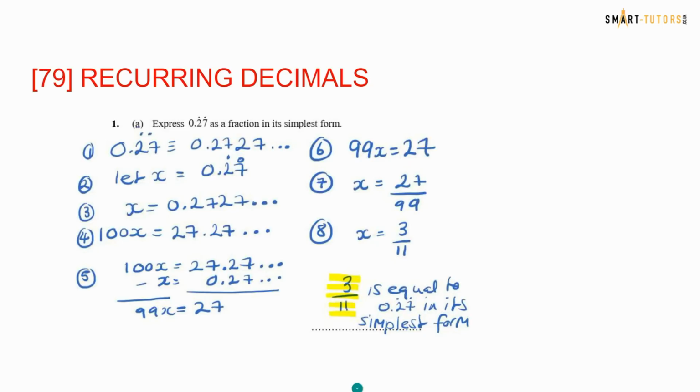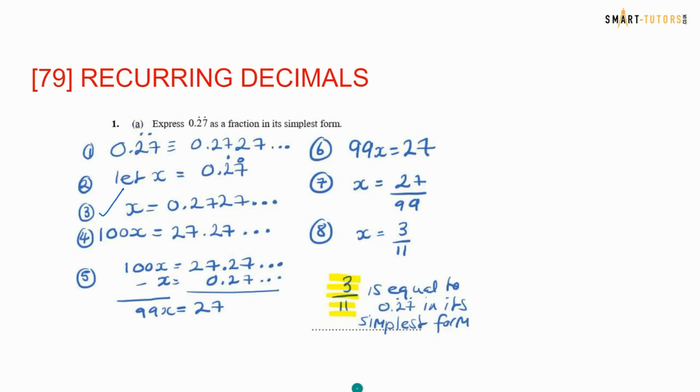So first of all, you need to assign that 0.2 recurring, 7 recurring, which is 0.272727, as x. You times this by 100, because you can't times by 10, because the decimal part is going to start with 727272. I need the 2727, so that means 2 jumps. 2 jumps means 2 zeros. 100 has the 2 zeros. So times by 100,